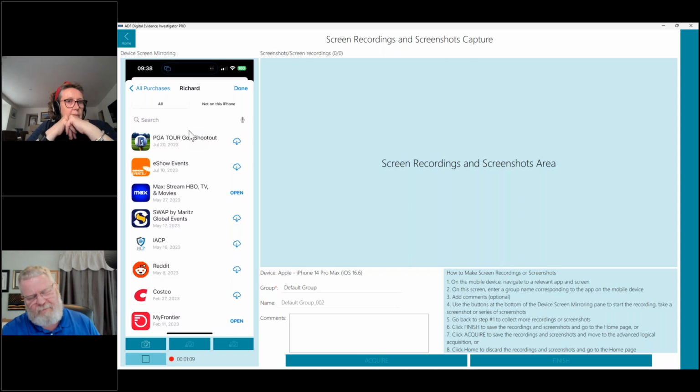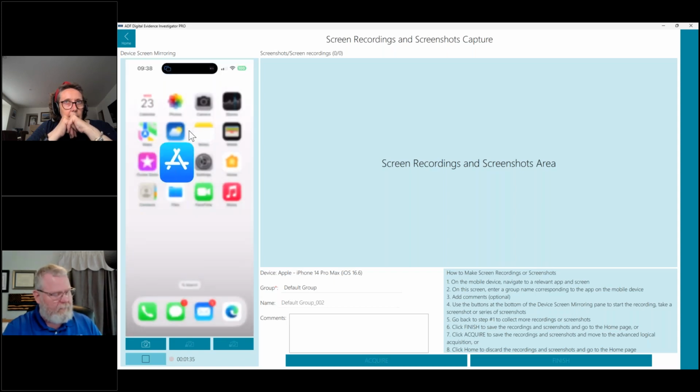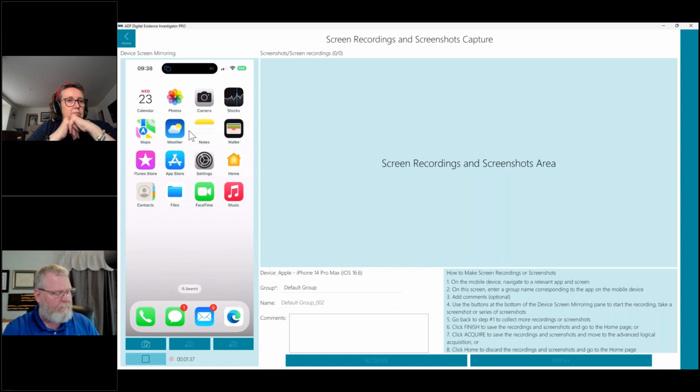So if they're saying, I haven't been using this app, I haven't been using this app, but you have a sneaky suspicion they have, you can come in here and see if it's been there before. You can see the cloud, meaning it's been deleted. It's no longer there. If it says open, it's there. Again, this is 99% accurate. You can hide these from here, which would require you going into their Apple ID to see the rest of the apps. I can show that in a minute.